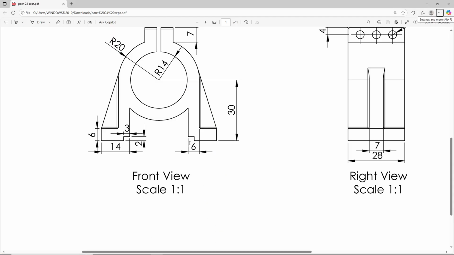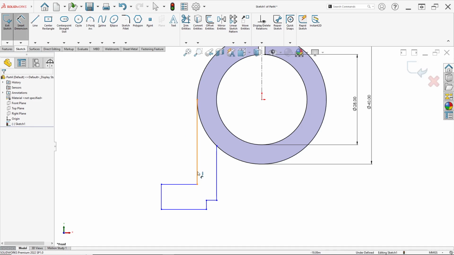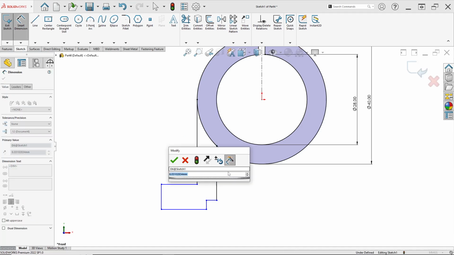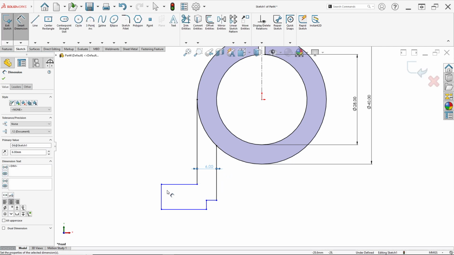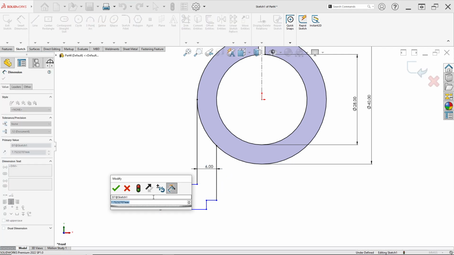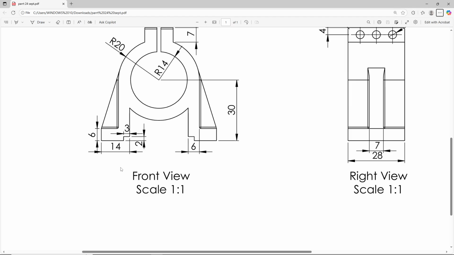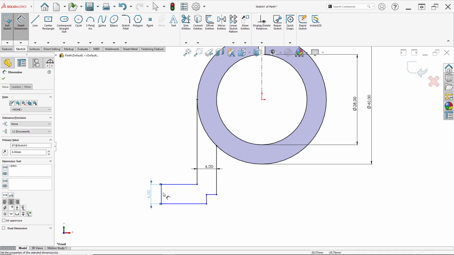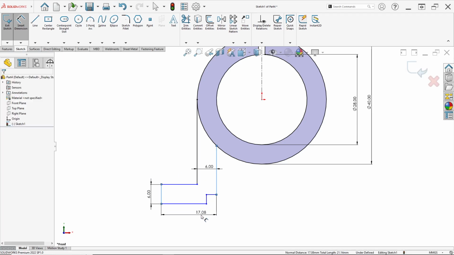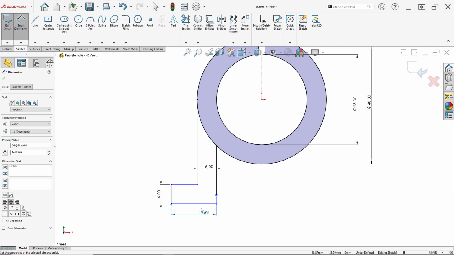We can see this line and this line have a width of 6 millimeters, so input 6 millimeters. For the height, this line is 6 millimeters too, and the length from this line to this line is 14. Input 14 millimeters like this.